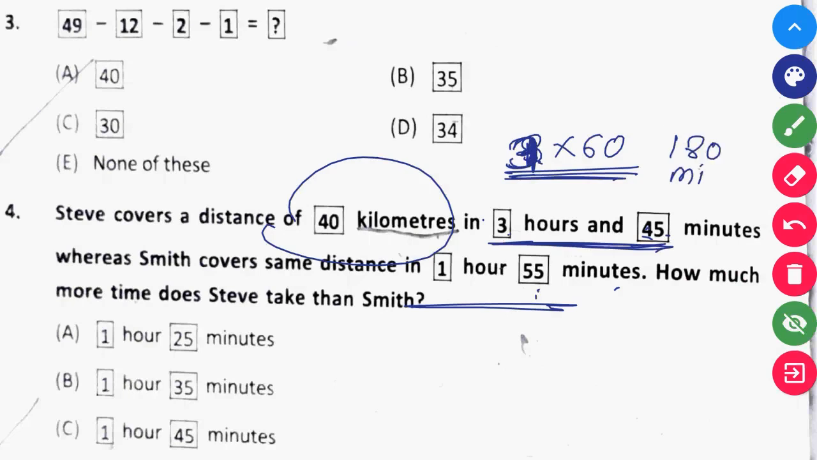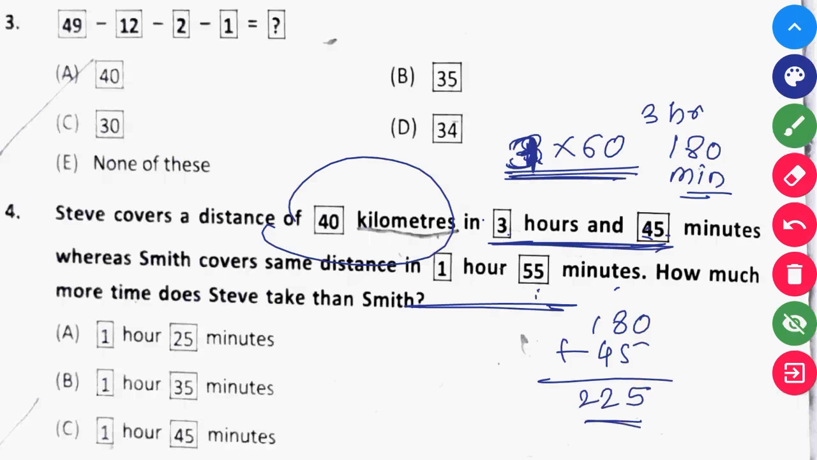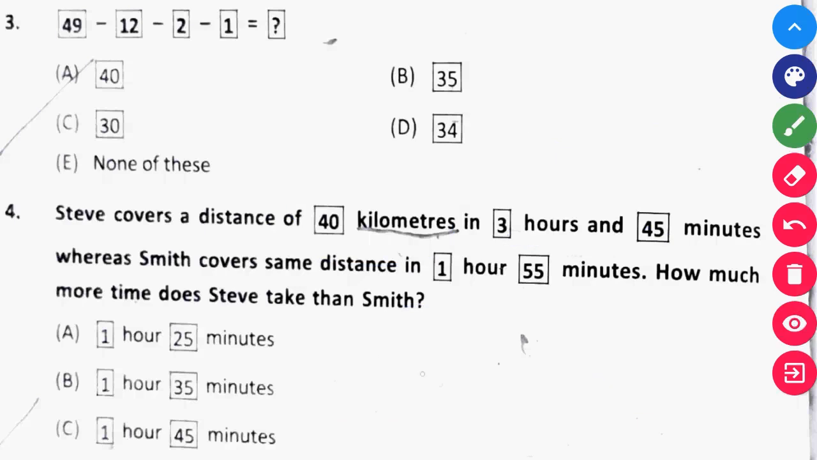180 minutes is equal to 3 hours. Add 45 inside it, so it becomes 180 plus 45, so 225 minutes. And 1 hour 55 minutes means 60 plus 55, so it is 115 minutes. Now you can subtract 115 from 225, or one thing you can do is